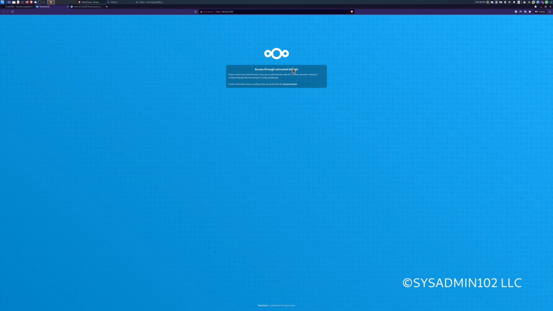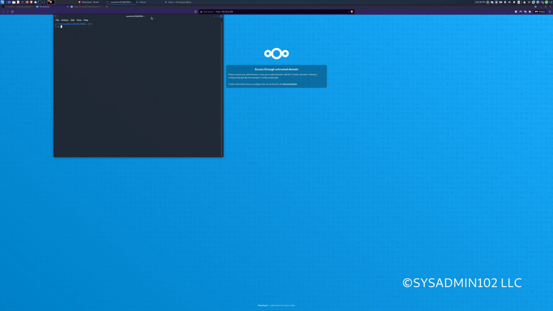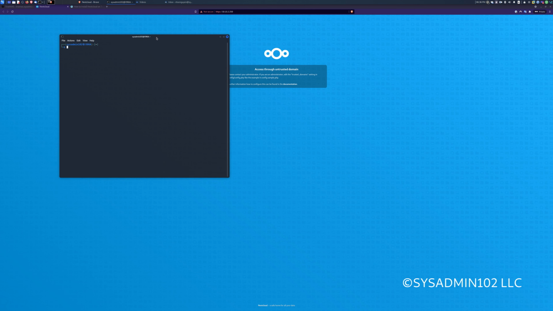If you do it on a virtual network, or if you run this off ESXi, oftentimes the installation grabs the wrong IP address and puts that in the config.php file, so it's an easy fix. We're going to go ahead and open up a terminal. If you're on Windows, it's going to be a command prompt, and we're going to access the TrueNAS jail.